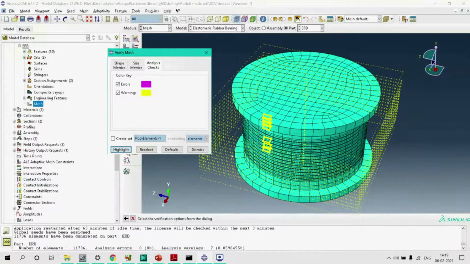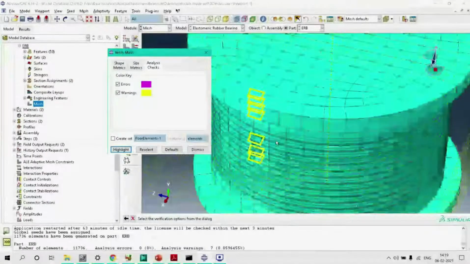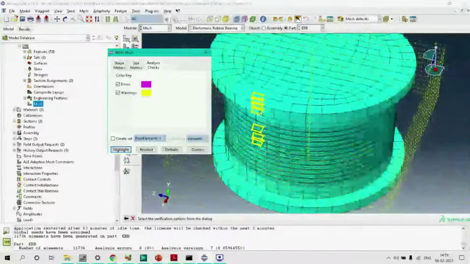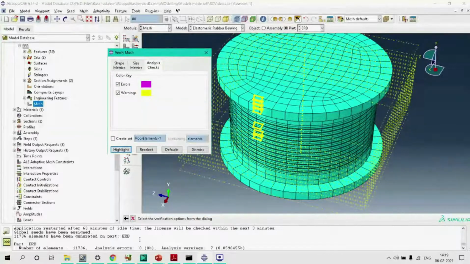Okay, so there are only a few cells in which the warnings are coming, that is, the aspect ratios and the angles of this mesh are not of good quality. Here we can see the number of total elements formed is 11,736, and there are about 7 warnings. And also we can see the various angles and the aspect ratios which each of these meshes are making with each other.